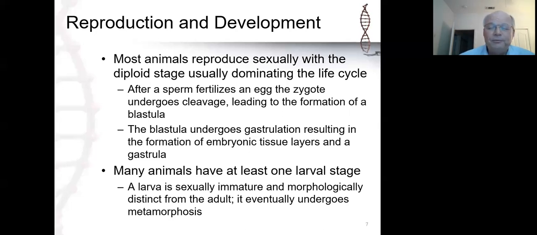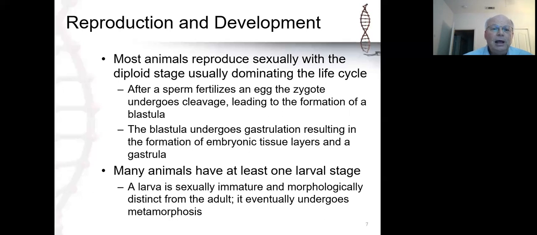Then, following on from gastrulation, we have organogenesis. And at this point, with the emergence of the organ systems, many animals, particularly those that we describe as being invertebrate, pass through a larval stage. And in some cases, the type of larval stage actually designates a clade. And we'll see that as we talk about the phylogeny of the animal kingdom a little bit later in this presentation. And so once we progress into organogenesis, this is the last stage of embryological development.